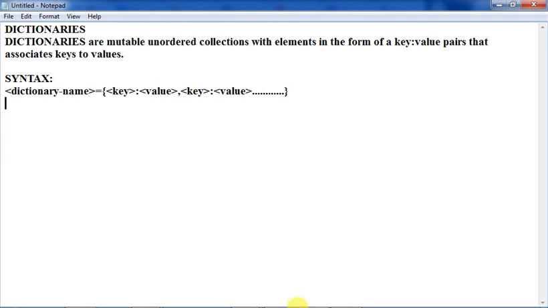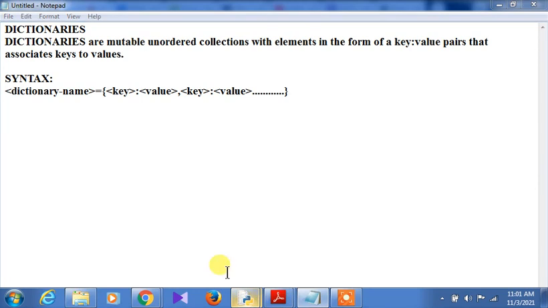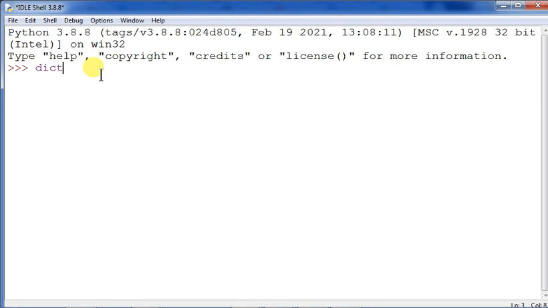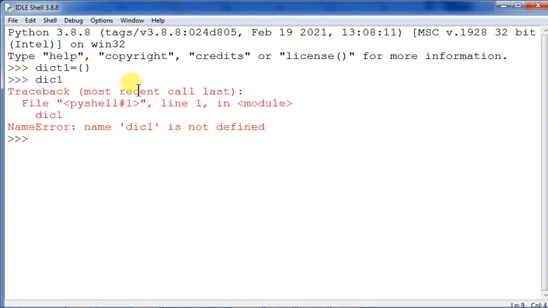Clear? So we can create a dictionary, just an empty dictionary. First of all, I can demonstrate how it looks. Say dict1, I am giving the name, and then open and close curly braces. A dictionary has been created here, but there are no key value pairs, so this is known as an empty dictionary. Sorry, this command is wrong. Just give dict1 and then press enter. It will show you the empty dictionary in this way.